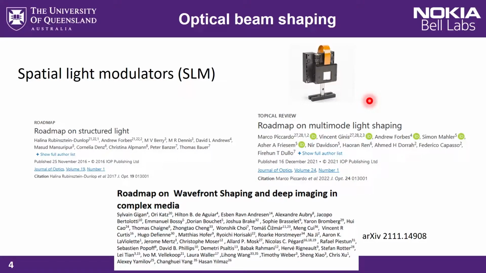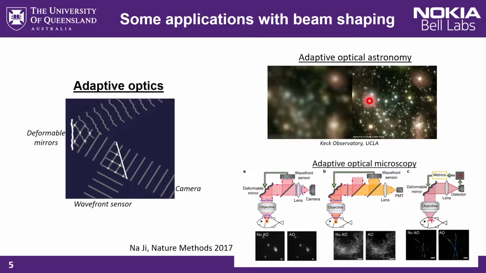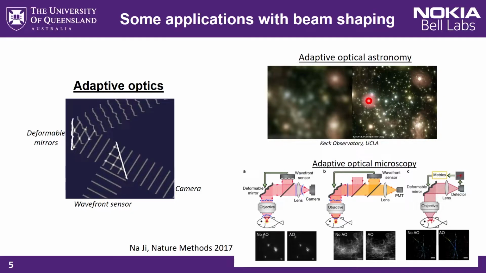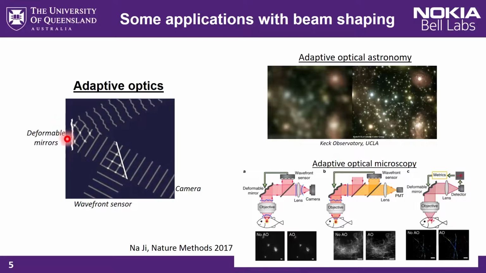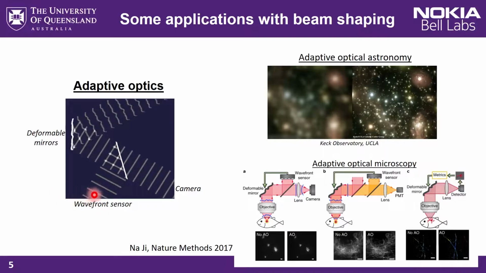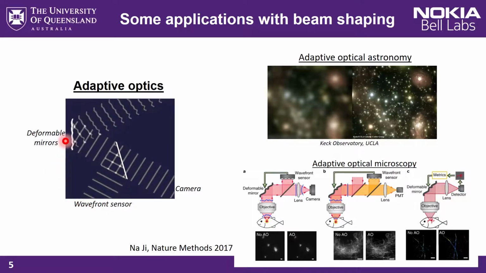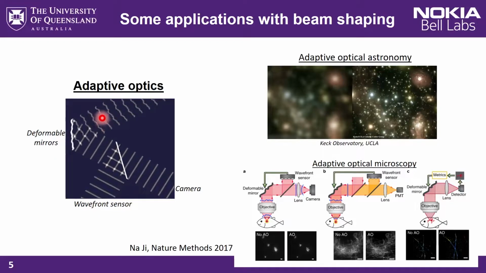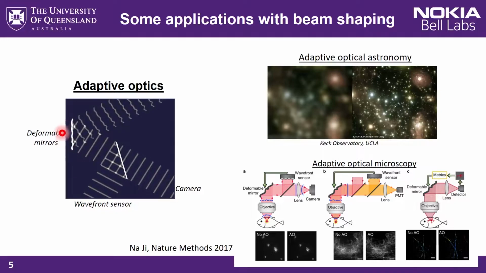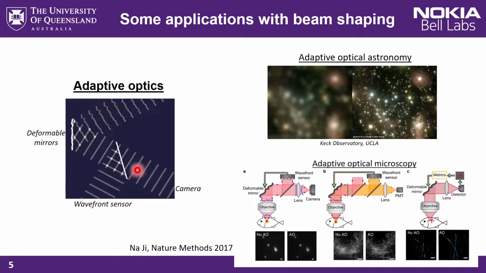I will not discuss at all the applications that resulted from the ability to shape at will the optical field, but I will show some recent nice examples that will also motivate our recent work. For instance, adaptive optics is a form of beam shaping that requires a deformable mirror, usually between 10 and 1000, and a wavefront sensor, such as a Shack-Hartmann. A feedback loop between the wavefront sensor and the deformable mirrors enables compensation for the aberrated wavefront by adjusting the position, the tilt, and the local curvature in the mirror plane